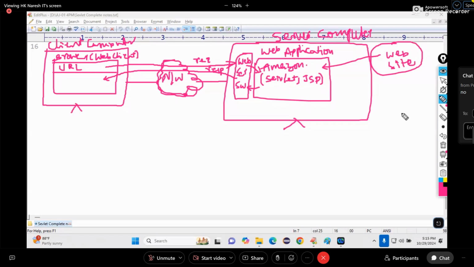Read once again, what is a web application? An application that is accessed via network from a web client browser with a URL is called what? Web application. A web application is also called a website.